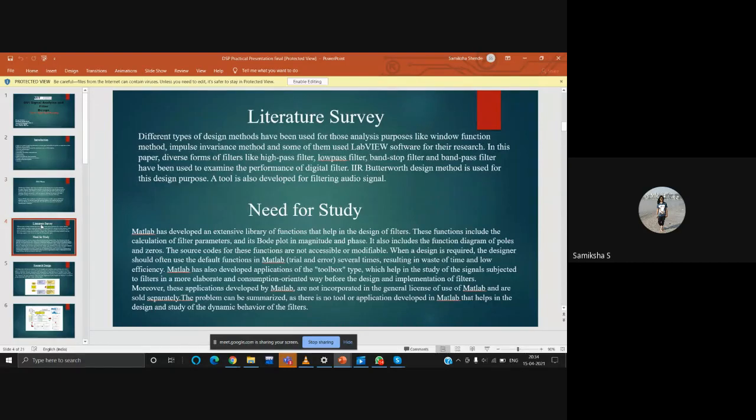For the literature survey, we have gone through research papers on this topic and used information from there. Now, what is the need to study IIR filters? There are many applications using IIR filters, and there are two types of filters: IIR filter and FIR filter. First, I'll tell what an FIR filter is. The design of a digital filter typically begins with the frequency specification.